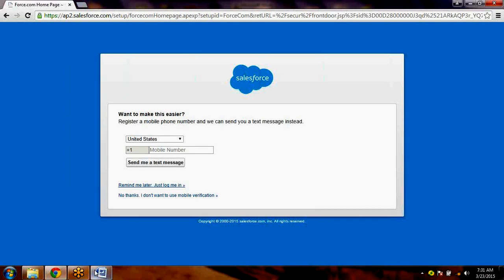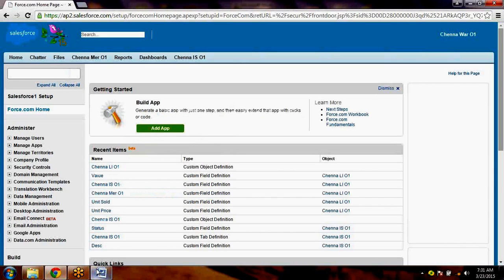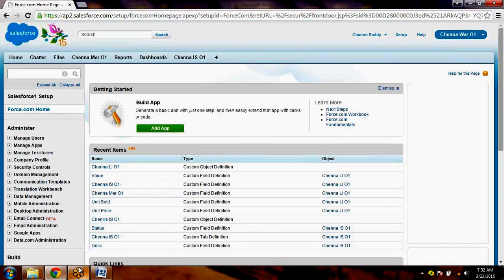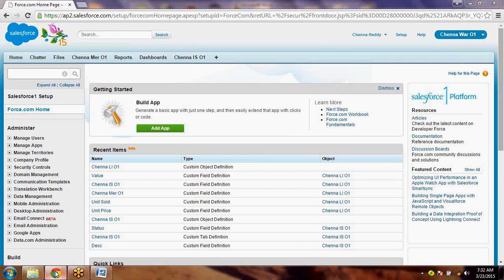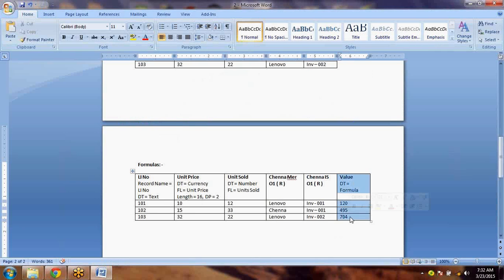So I am able to log in. Let me minimize this. If you look here, yesterday I discussed the formulas. So where did we apply the formula? We apply the formula to calculate the value. So there is a line item 101 and how many units sold? 10, or unit